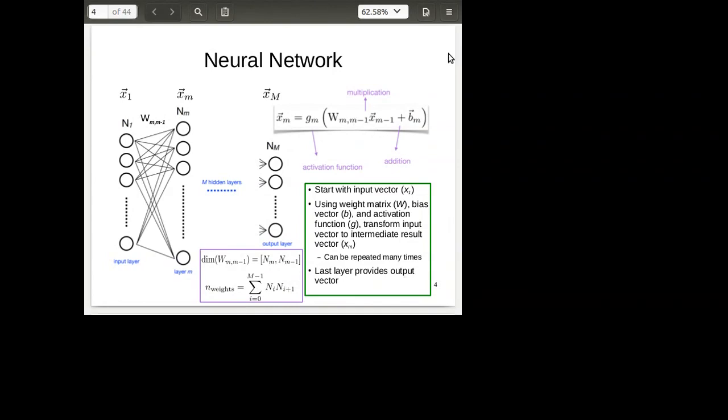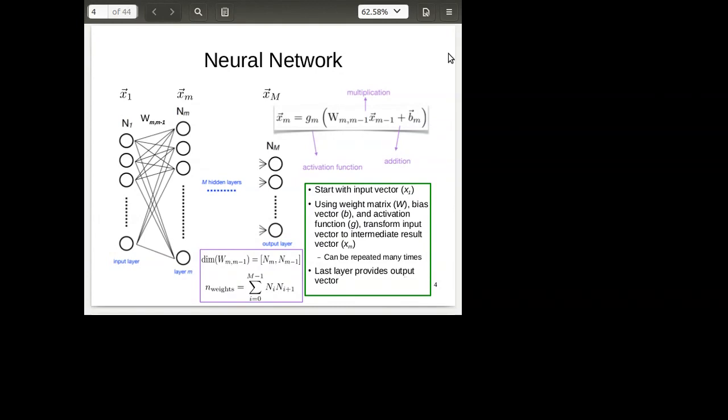And this then takes me from x1 to xm, and I can repeat this process as many times as I want, calculating further and further layers until I have a final layer that provides the set of outputs that I want for my network. And this is the most simple way to think about what a network is. It's a fairly simple setup here. It's just the scale of these that allows you to do all sorts of very complicated things. And indeed, you can see fairly trivially that the size of the network basically scales like n squared. So if I have more nodes or more layers, the size of this network can get quite large